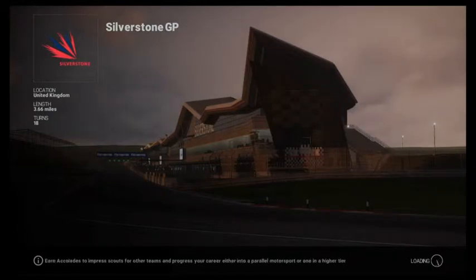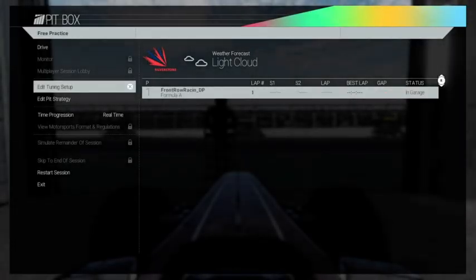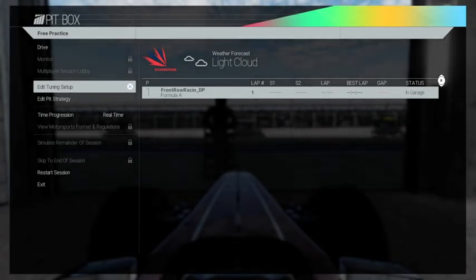So I'm not going to do anything to the setup, although while I'm in here I probably am going to just hit reset, just to make sure that it doesn't revert to the Monza setup or anything like that. Excuse me. And I'm going to drive it and see how it gets on. I expect it to not go well, because I do know what the car is like around here. And the difference between this car with no assists and this car with assists is worlds apart. They're like two completely different